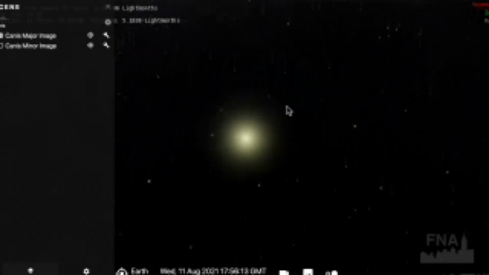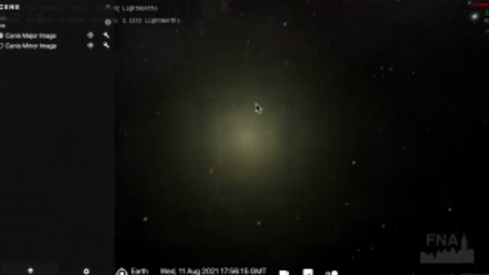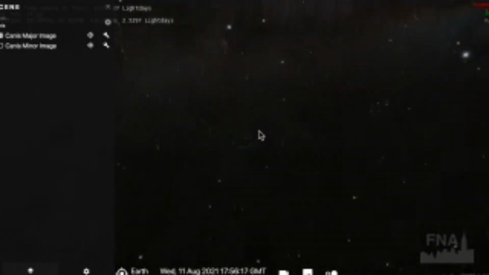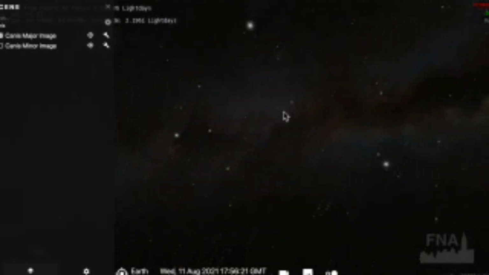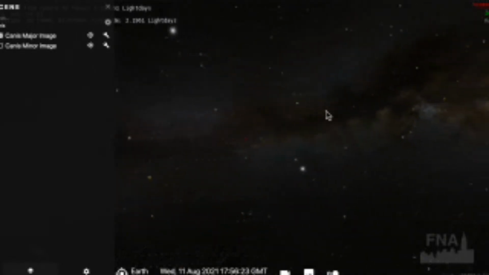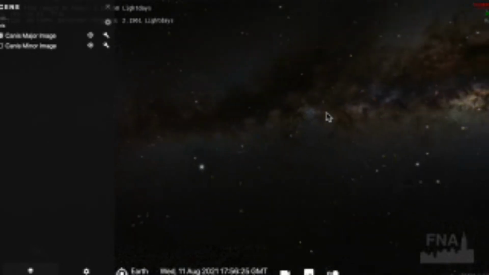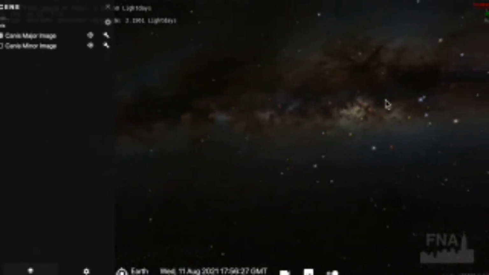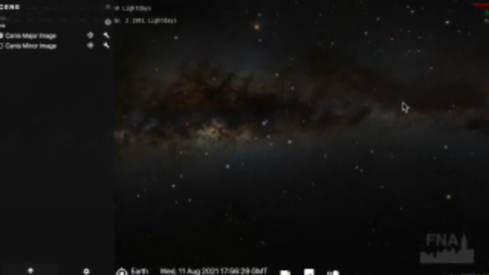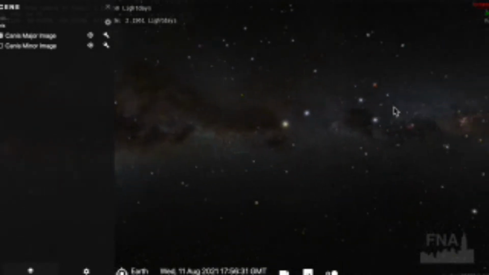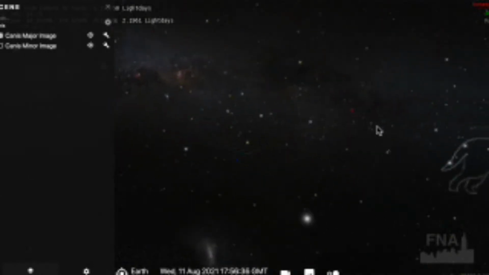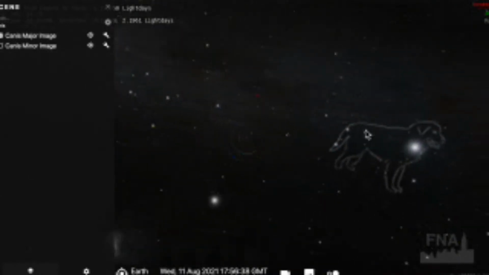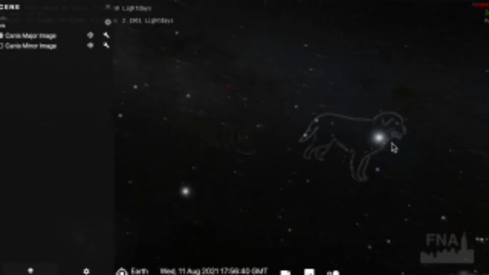If we fly in here, this is basically how I know that my data wasn't set up right. I think that's my cue for turning on a few of the constellation lines. If we look, where's our white dwarf? Yep, there it is. So there is Sirius in the night sky.